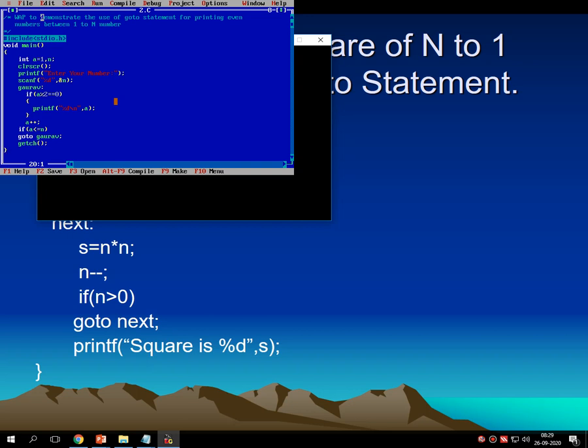Now to make this program, what I am doing, this is for printing n to 1 numbers, n to 1 even numbers in the program, right?